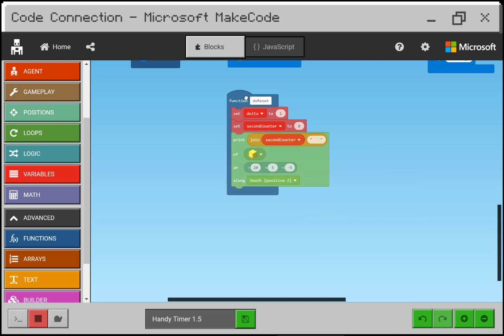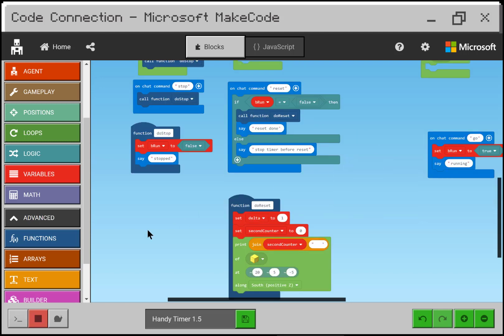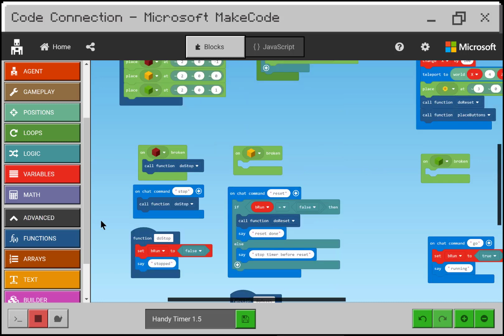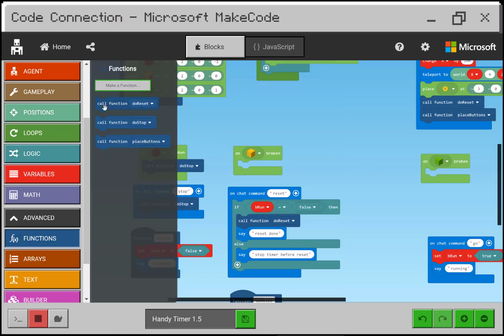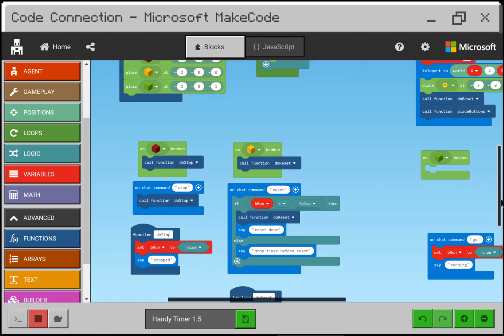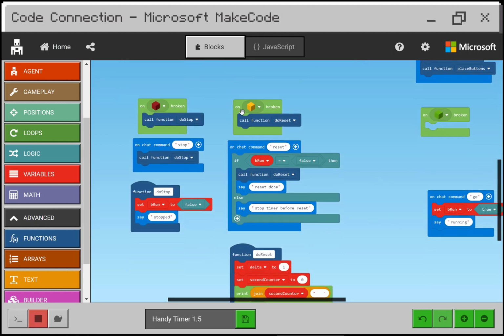Well, there is a function called doReset. And sure enough, that will serve my purposes. So we're going to put do reset right there. Now when you break the block,